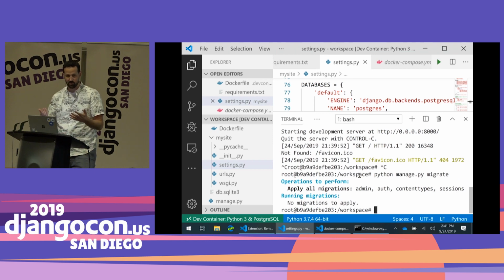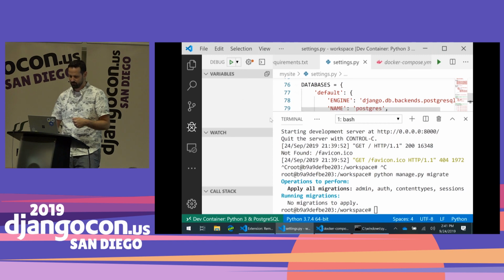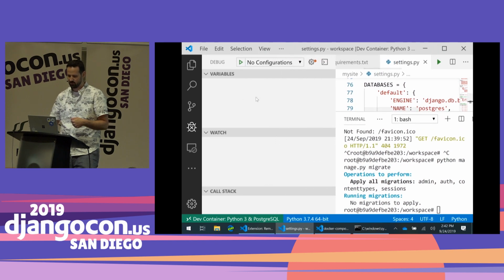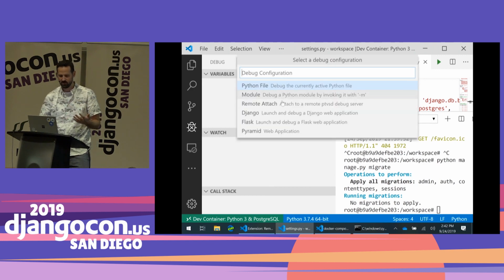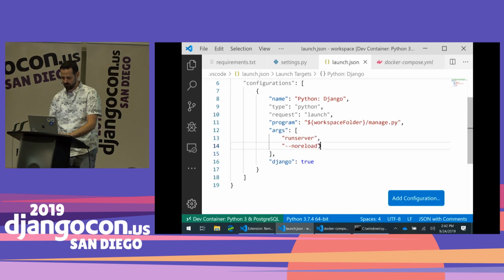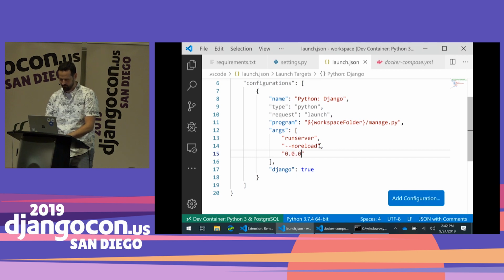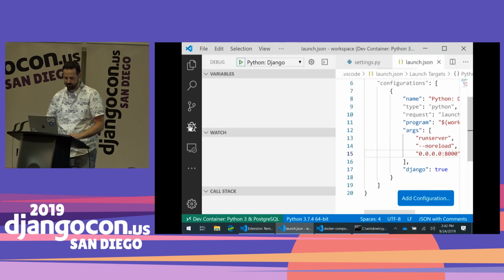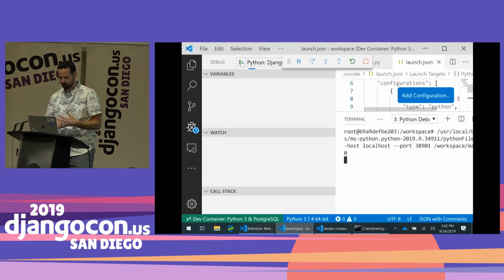However, this time I'm going to set up the debugger. To set up the debugger with Django, we want it to always run that manage.py runserver command when we start. So I'll go to the debug tab here, and I'll click add configuration. This will create a debug configuration that I can use over and over again. I'll start with this Django configuration, which just tells it how to launch Django, and I'll add an argument that specifies that local port. So now when I start debugging, it'll automatically debug my Django app,